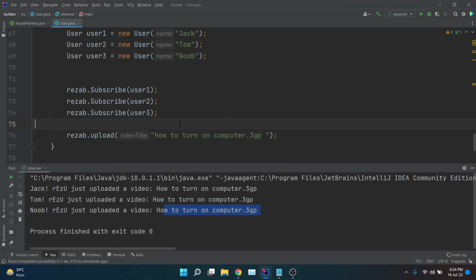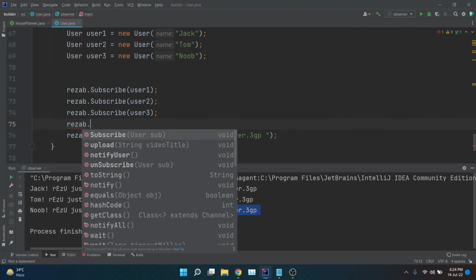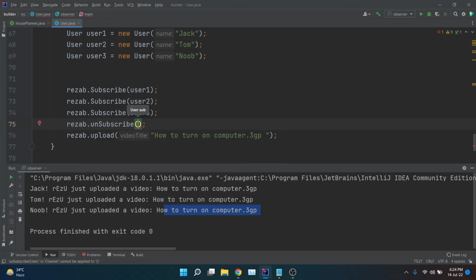So let's try the unsubscribe functionality. So I want to unsubscribe Tom from my channel. So I have to write Rajab dot unsubscribe user 2. So if we run this code now, the second line of the console print will not appear in this run. So if we run it,